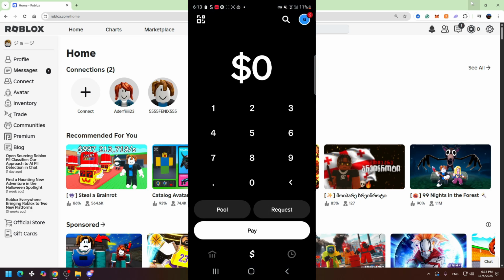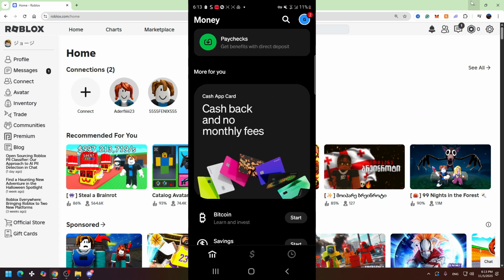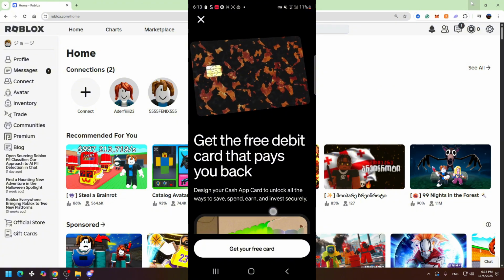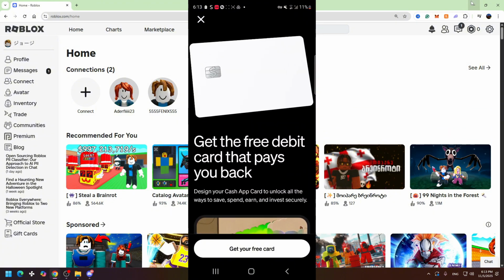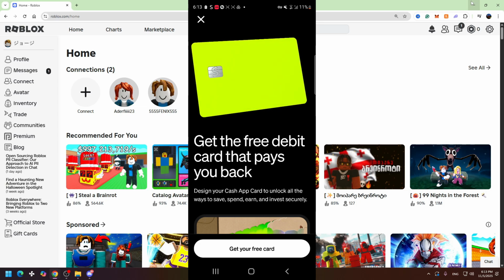If you don't have a cash card yet, first of all, open the Cash App, then click the bank icon in the bottom left corner, and then when you scroll a little bit down, you will see the Cash App card. You need to click on this, and from this page, you can get the Cash App card for free. So just click this get your free card button, order the card, and after you will have the Cash App